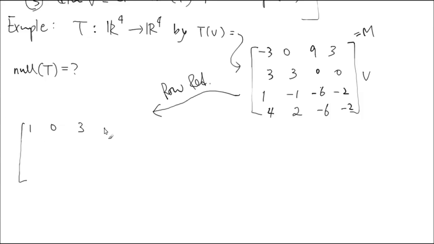0, 3, -1, -3, -1, and here's 0, 1, 3, 1, and zeros. This is a different matrix, right? M is not equal to N, but it is row equivalent. The map you get out of this matrix and the map you get out of that matrix are completely different. It's different but related. But here's the amazing thing: the ABCD that is 0 here doesn't change the ABCD to 0 there.